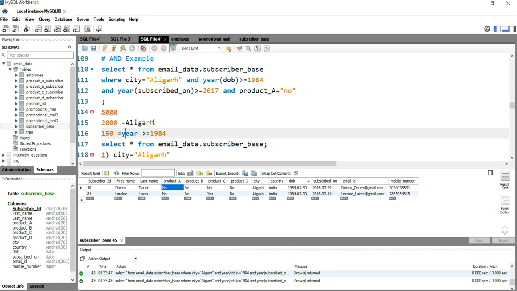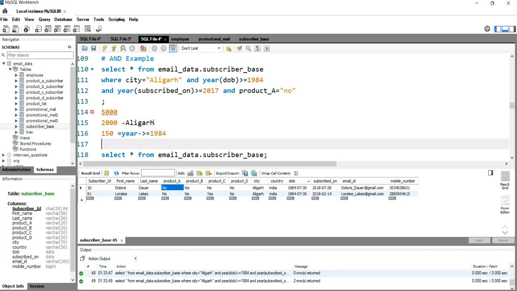So up to this point, SQL finds that 150 records have city as Aligarh and the year of date of birth is 1984 or above. Then it goes to the third condition which we had applied, the subscribed on. So suppose out of this 150, 50 subscribers have a year of subscription after or equal to 2017.